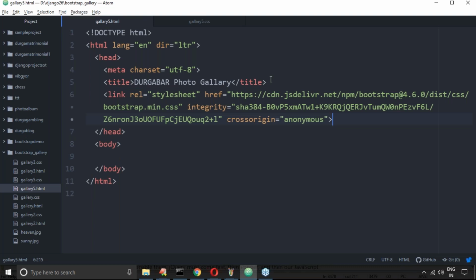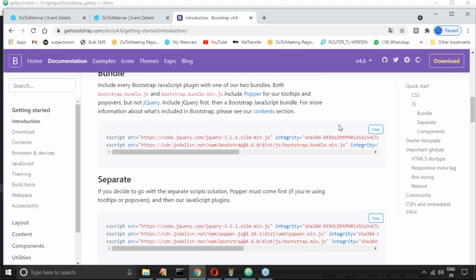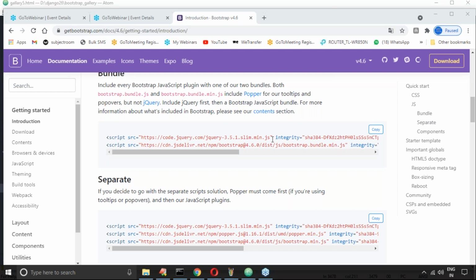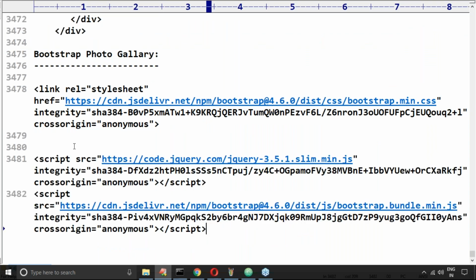Yeah, please confirm. Is it okay, right? Yeah, Bootstrap CDN, I just copied. Okay, next. Now for the navbar we are going to use the hamburger, but to use the hamburger, jQuery and JavaScript must be required. That's why JavaScript and jQuery, copy the bundle here, like this one. Let me copy.